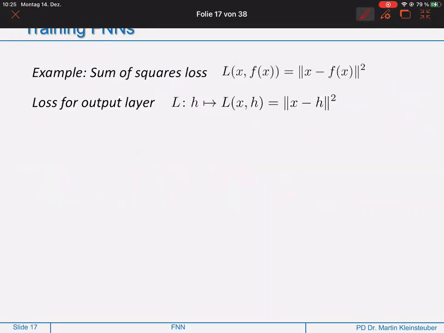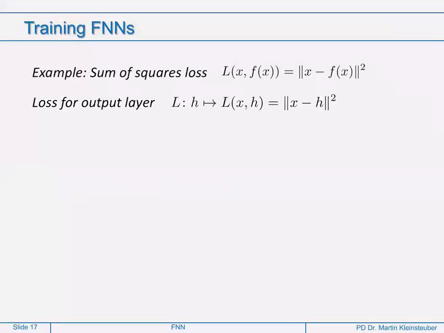Let's also look at a very easy loss function that we need to build a derivative for if we want to optimize our neural network. If we look at the loss function that we had for the autoencoders, the loss function compares the output of the net with our input in terms of sum of squares, sum of square loss. So the loss for the output layer is this one here, right? This is our output layer,